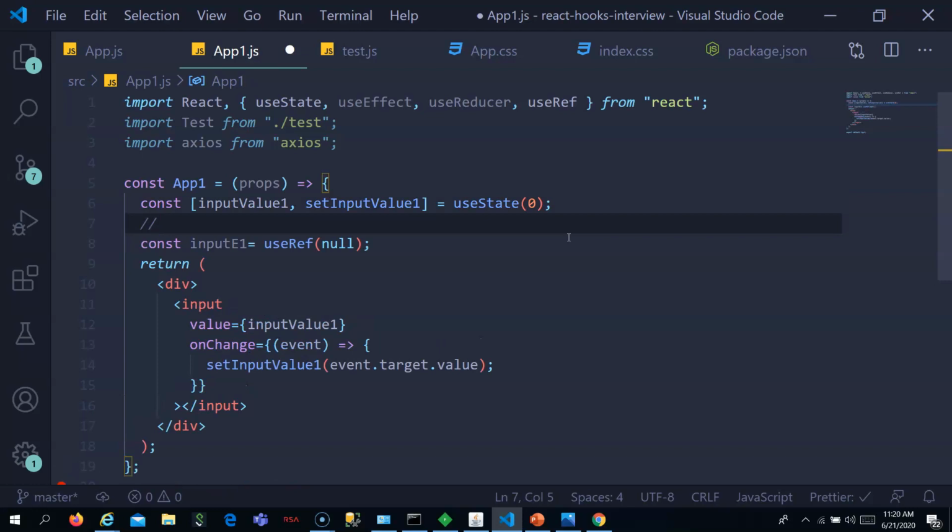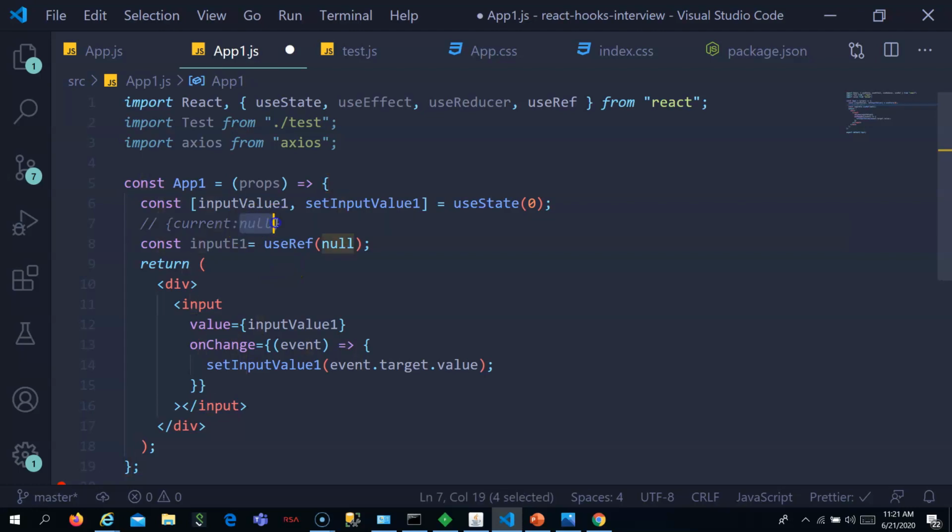By default, since I have initialized with null, it will be initialized with null. This object will be the same for the entire lifetime of the component, not recreated for every DOM change. Only the value which will change is this null, when we make it refer to a DOM element.